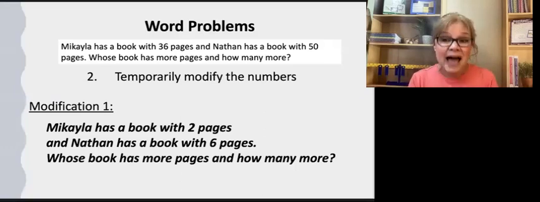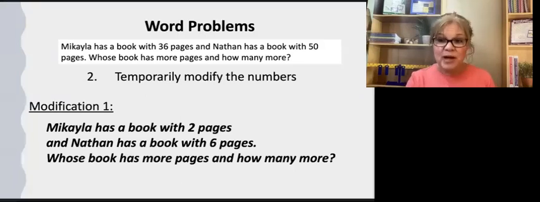I'm going to ask them how they solved it, because many times they're able to tell me the answer right away, but they're not really thinking about how they got to the answer. Okay, so either way, whether they answered right away or if they're kind of fumbling with the answer, I'm going to get out the part whole circles and we're going to figure out that the 6 is the whole amount, the 2 is the parts, and how do we find the other part? They find it by subtracting. We're going to talk through that.